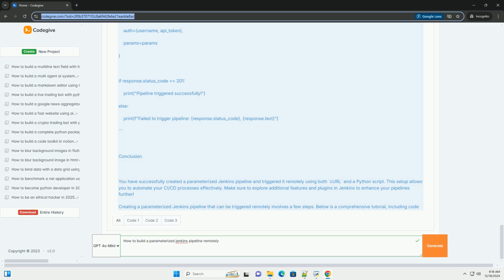pipeline { agent any parameters { string(name: 'build_env', defaultValue: 'dev', description: 'Environment to deploy') } stages { stage('Build') { steps { script { echo "Building for environment: ${params.build_env}"